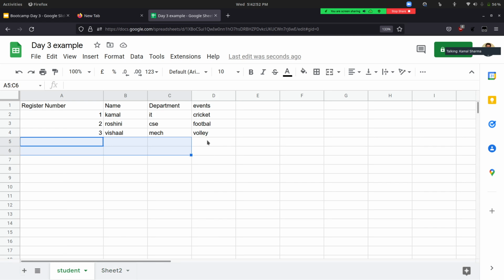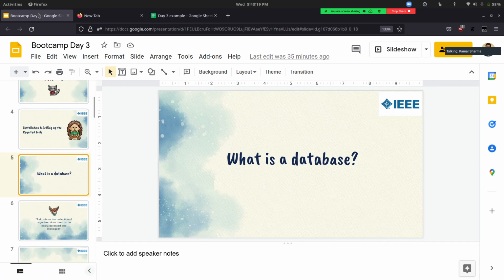Let's say when we have a large amount of data, it will be very difficult for us to properly find out in which sheet it is. And let's say we have so many sheets because we'll be having so many students in our college, right? So if each department has a different sheet, it will be very difficult to identify one particular student and fetch their details if we do it in this Excel sheet fashion. So in order to overcome that, we are going for database concepts using different software such as database management systems.